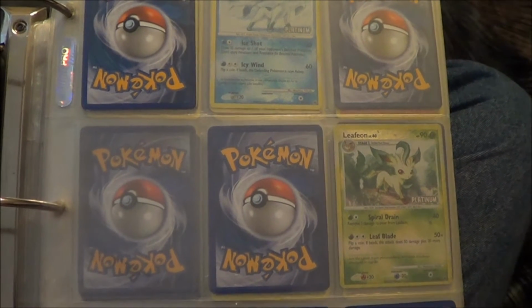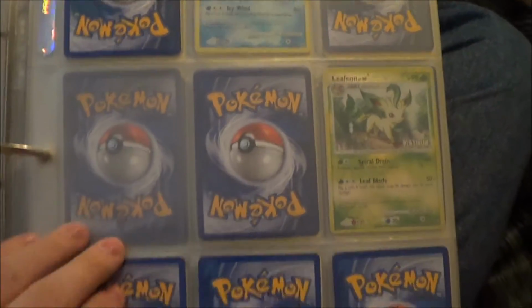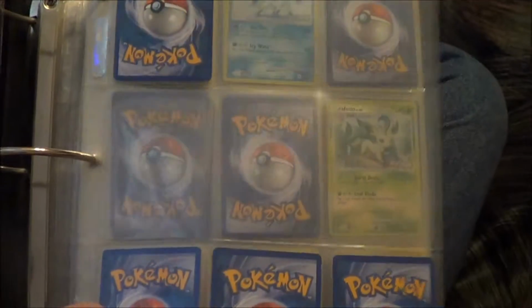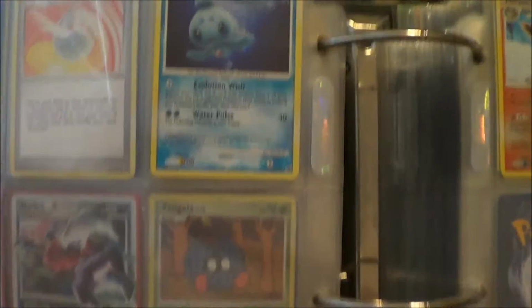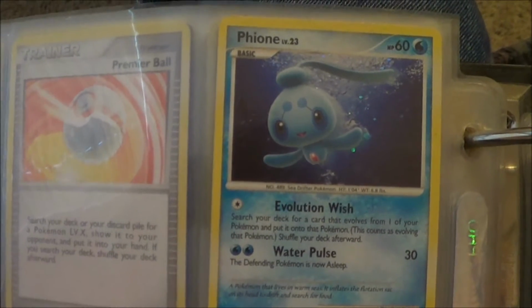And I'm back with the Diamond and Pearl series, beginning with Majestic Dawn. Unfortunately, as you see here, I have nothing on this page. The only holo I have from the set is Fione, which I don't know why it's even a holo. Let it focus. There we go. Anyway,